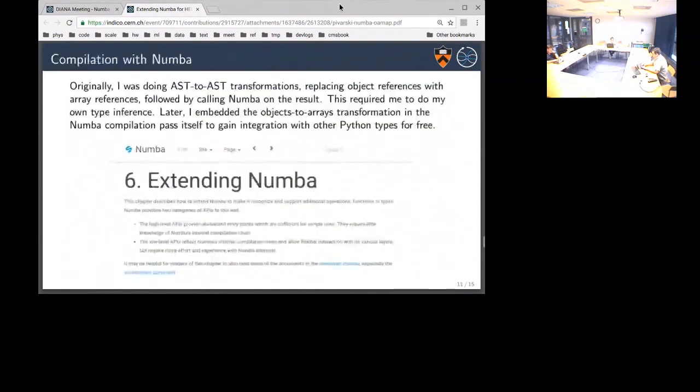So, okay, now that's enough background about OAMAP to explain why it exists and why we're considering embedding it in Numba. And now I'll talk about how we embed it in Numba. So I was talking about these objects you can play with on the Python interpreter. Well, that's great until you want to do something fast.